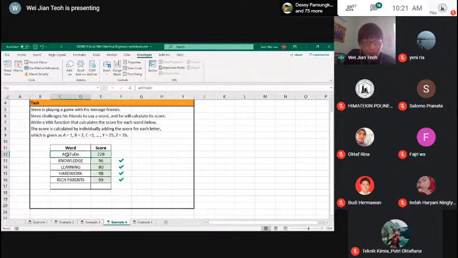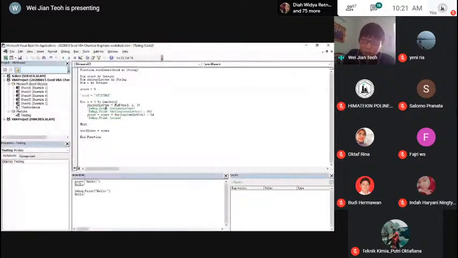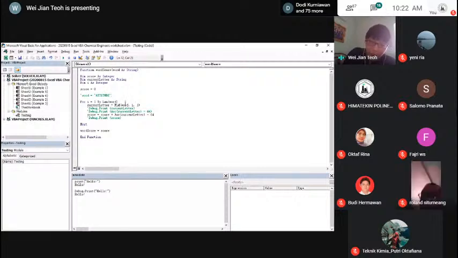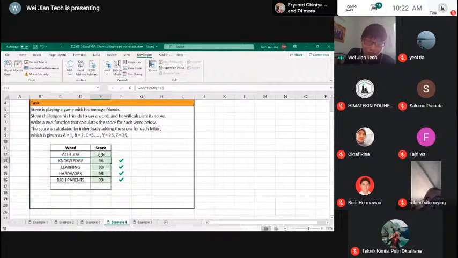So how do I ensure that you can calculate the score even if I'm using upper or lowercase? Some people previously told me you can use an if else. So if uppercase you do something, else you do something. But the easy way is just to edit this part and type in the function upper. What the function upper does is make the word uppercase. That's all. I don't care what the word was previously, I want to make it uppercase. So I'm going to save it and show you what happens.